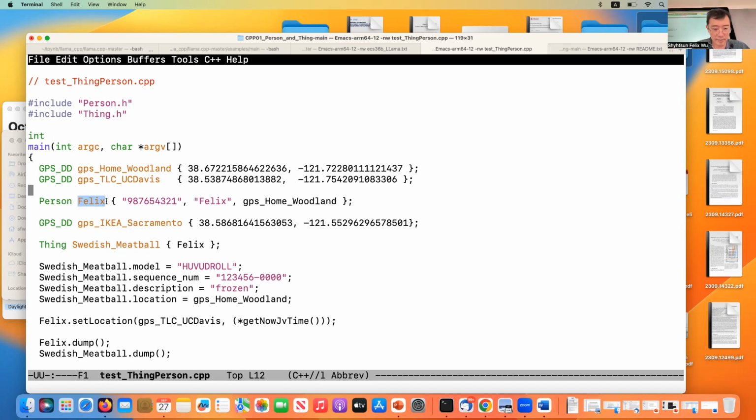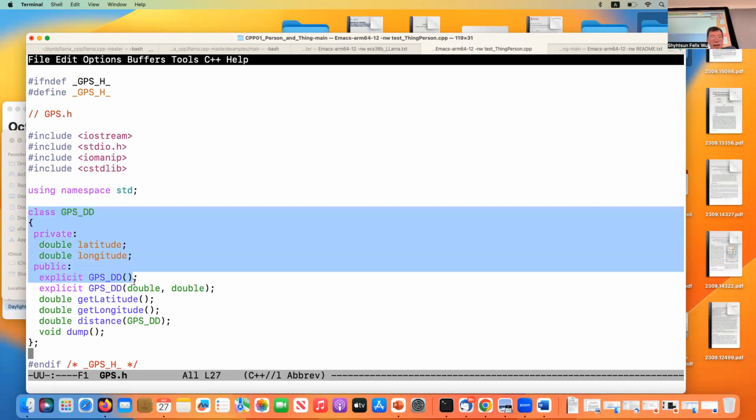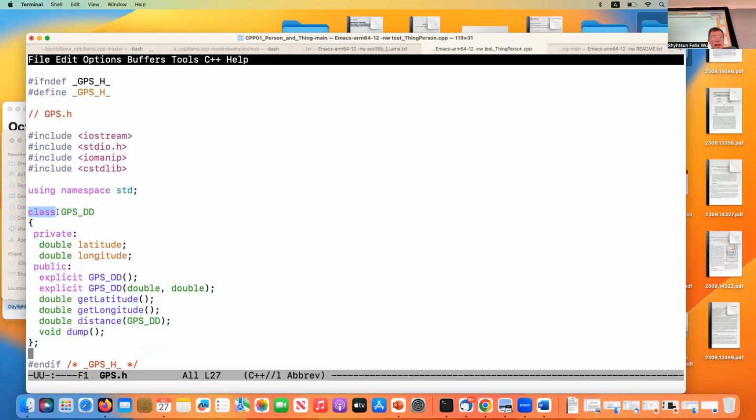Before I let you go, let me just show you what the picture looks like. I will go to gps.h, which is the class. Now you can see your class. The first time, this is your class. I use the keyword class, and the class name is called GPSDD, and a bunch of stuff inside, which we will continue on Friday. Okay,